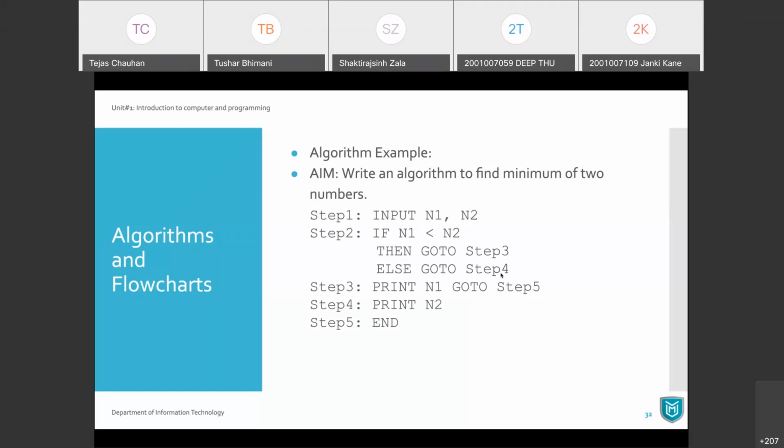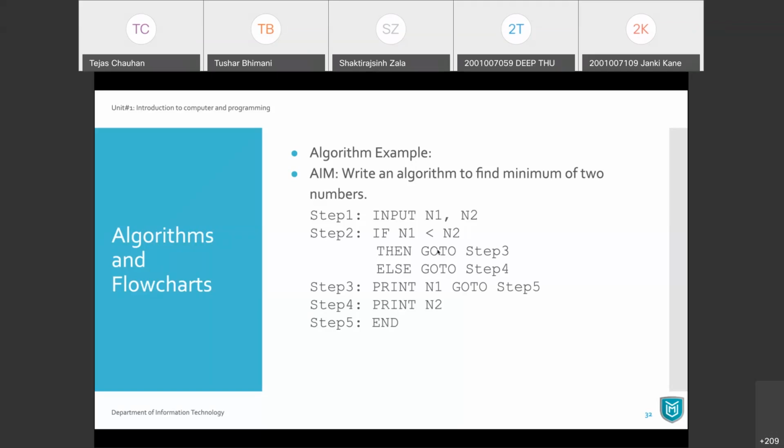Now that something, if it is a simple single step, you can write it at this place, or you can jump to the next step or a particular step number using go to. Okay, so using go to, you can jump to step 3 or go to step 4, wherever you want to go. Now algorithm is always going to be step by step, step 1, 2, 3, 4, 5, and so on, until and unless you have something like go to.